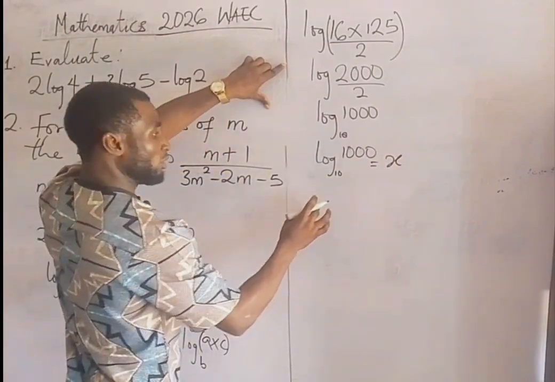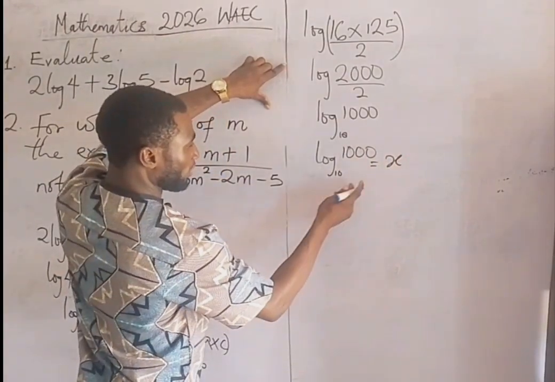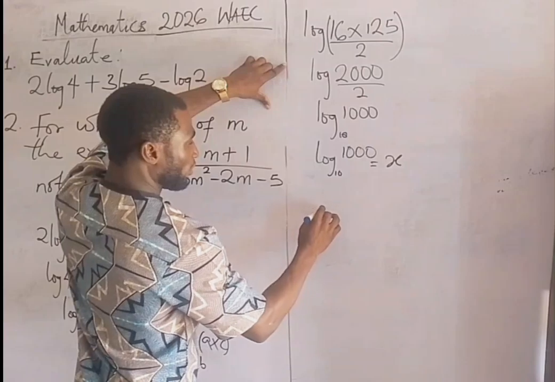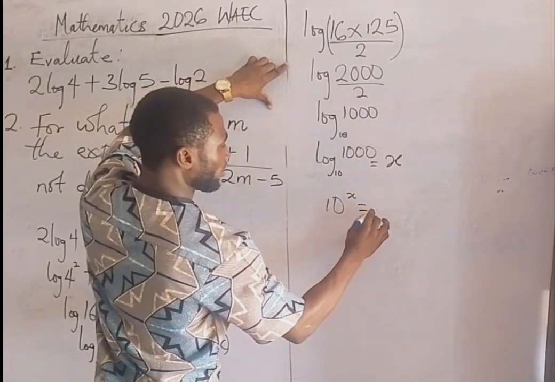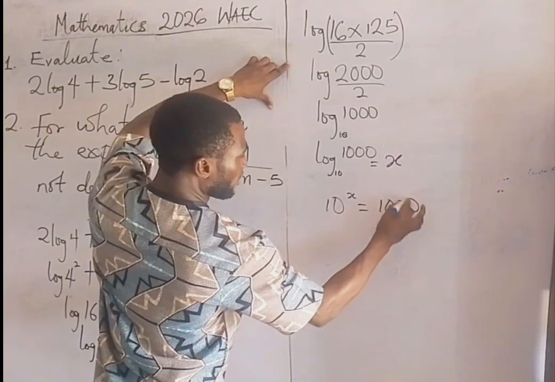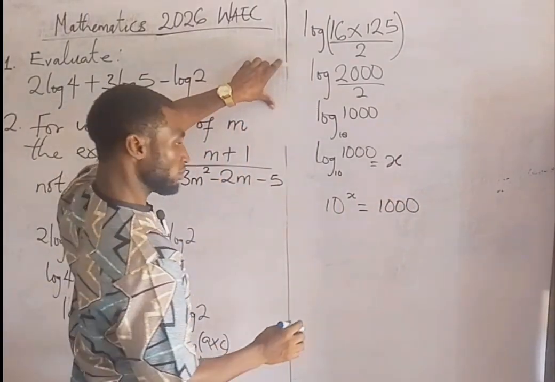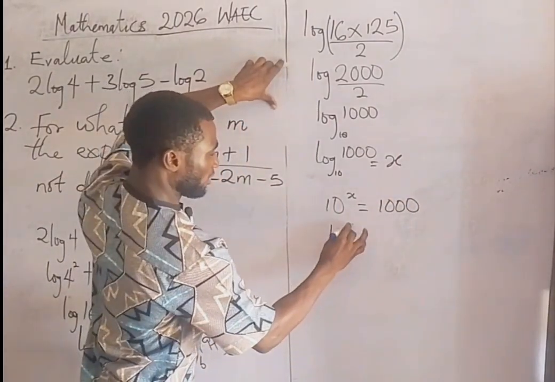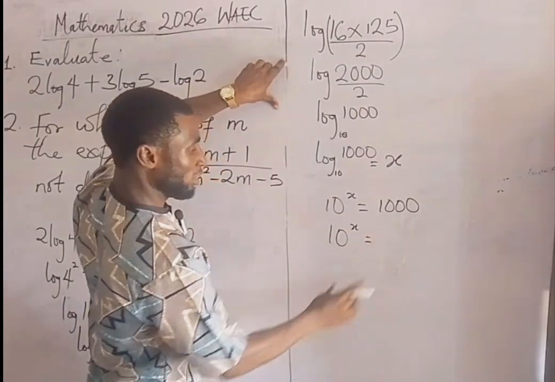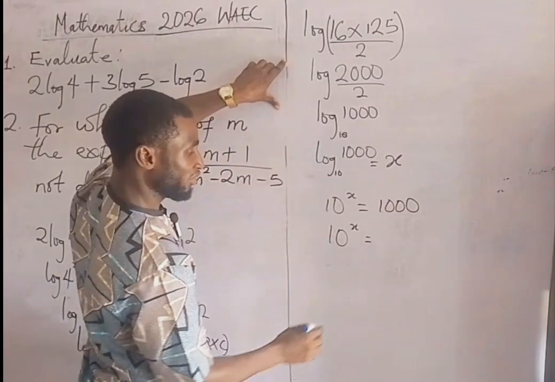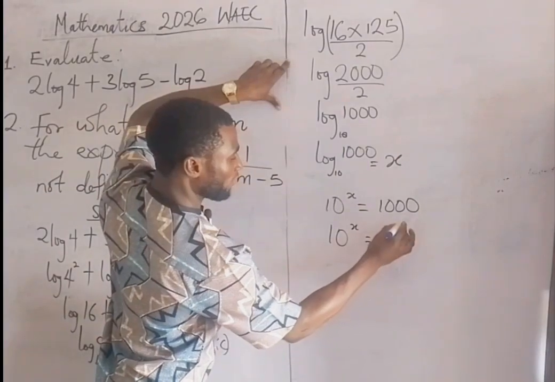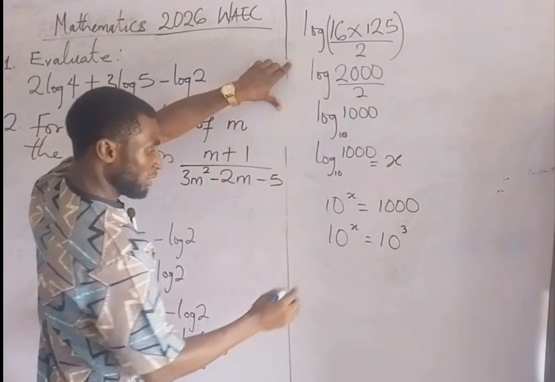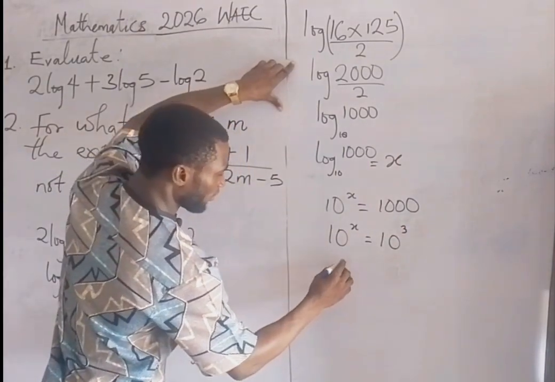Now we'll change this to index form, and that becomes 10 to the power of x is equal to 1000. Now this is still the same thing as, 1000 in index form, that will be 10 to the power of 3. Now, using the law of indices, which says when you have